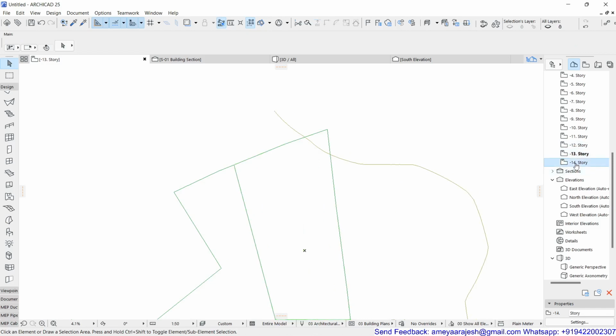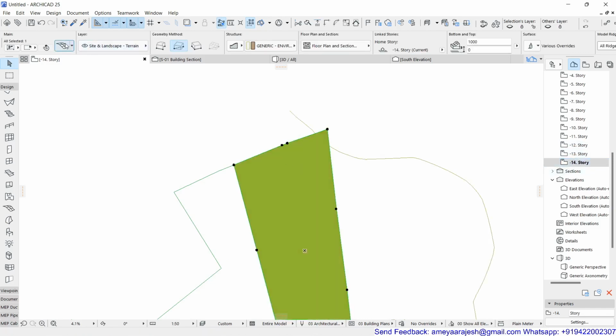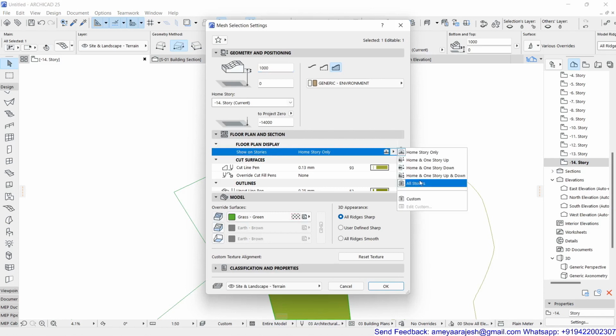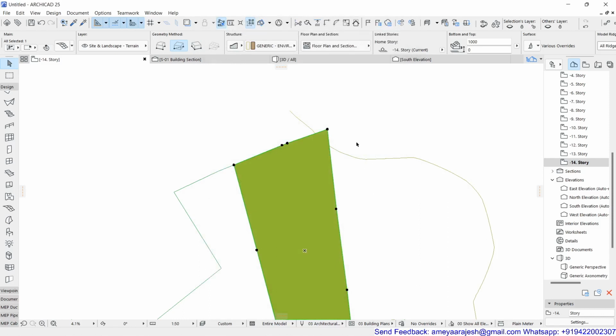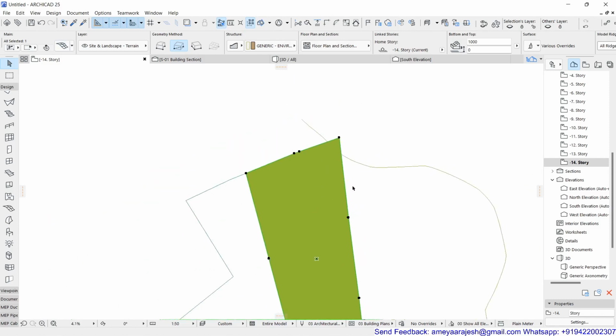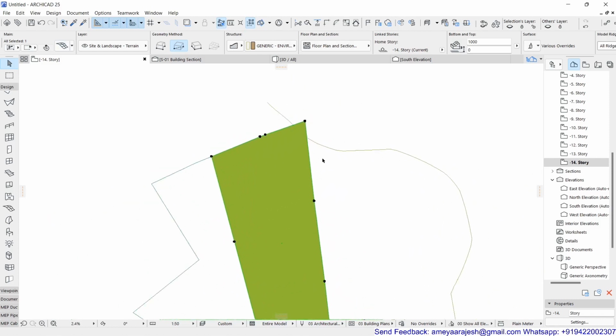Okay, now the mesh which we have drawn, you can at present place its availability on all stories for the display purpose, I can see. And if in case you want to continue with the cover field, it's okay, otherwise you can turn that off also.